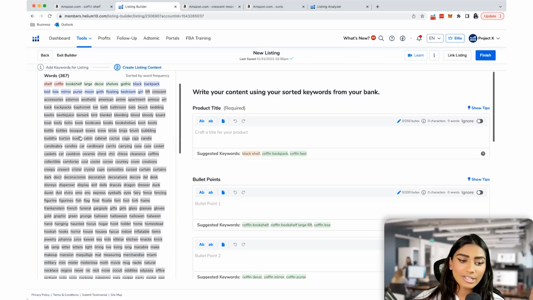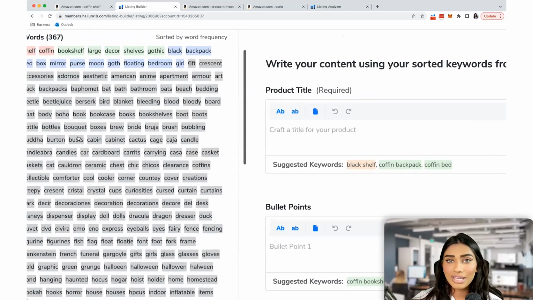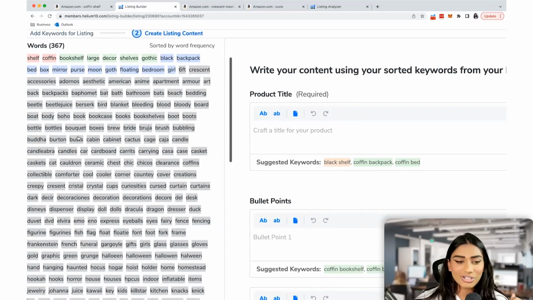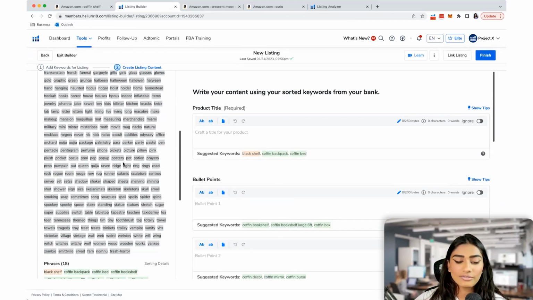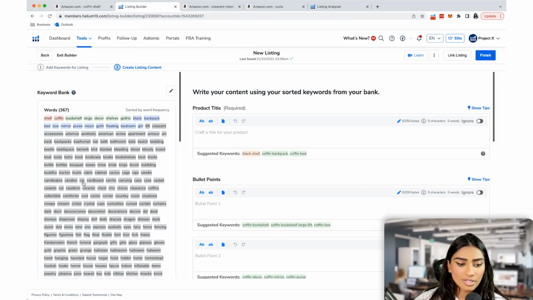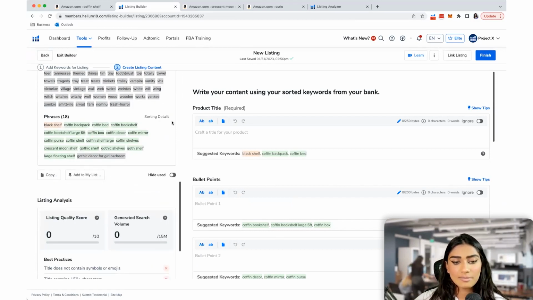And of course, looking at these, I threw in an additional keyword bank just so you guys could get a feel for that. You can add several keyword folders, but a lot of these aren't entirely relevant, right? I mean, bleeding, yes, it's on theme with the coffin shelf, but then you also have bride and board. It's just not all things that you would want to have, right? But you can see that they're a lot less in frequency in terms of these words showing up. And then you also have phrases. This is going to be by search volume. And it's the same exact idea. You'll see the red ones have the most search volume, and the cooler tones are a lot less.